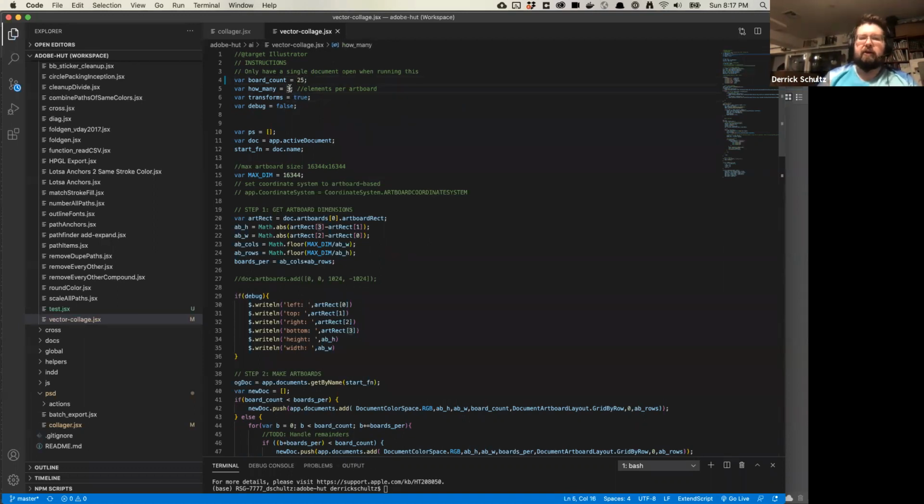The next variable is how many do I want to produce per artboard? I'm actually going to turn this to 2 because it'll be a little bit clearer what's working here and what's not. So of the 4 assets, I'm going to randomly pick 2 of them and put that on a new artboard. I'm going to turn transforms off for now just to show what it looks like without transforms, and then we'll get to your question about how to transform stuff more crazily, Esteban.